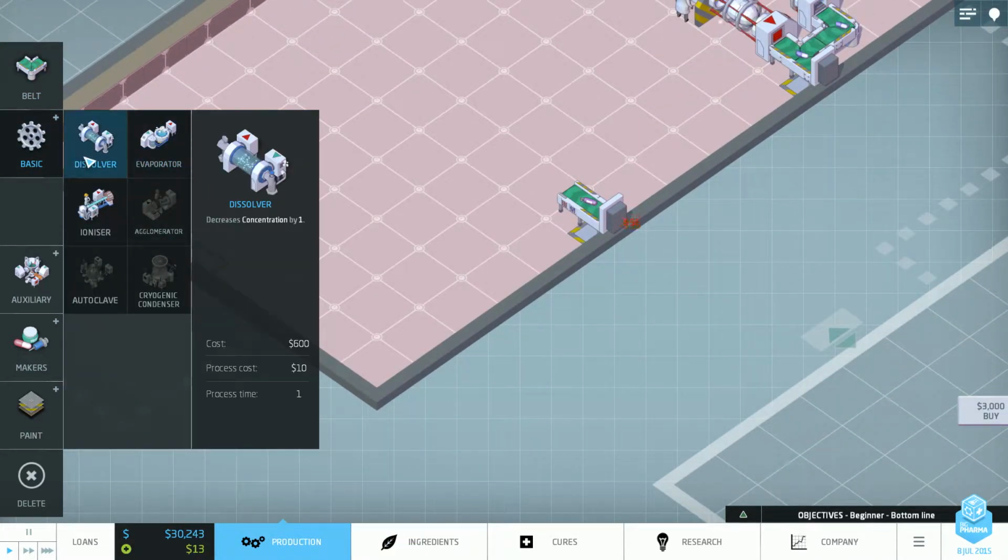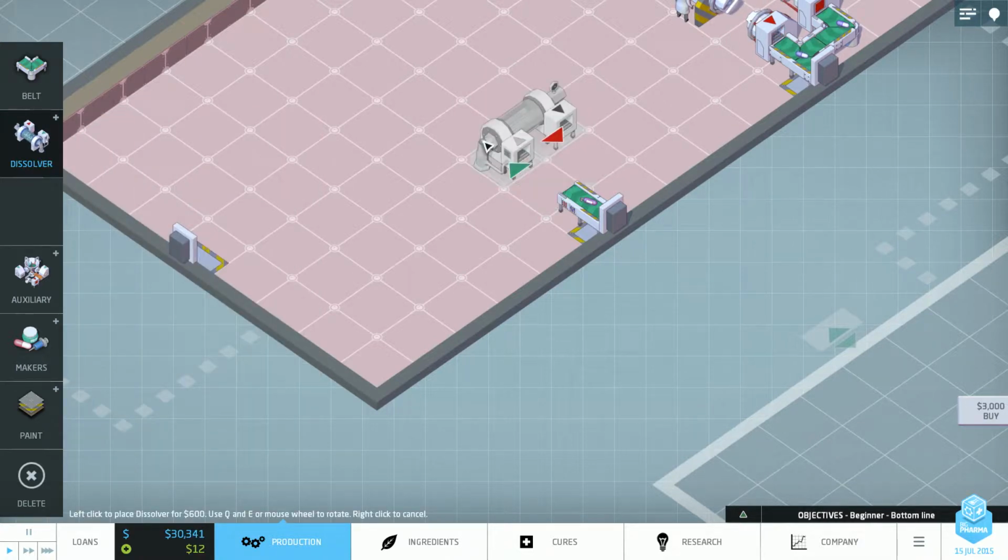Grab our basic dissolver. Now we could actually go through a single one of these, but as you can see, process cost of 10, meaning the total cost will be 20 versus a process cost of 35. Now both of them take the same amount of time. Also $1,200 bond cost versus $2,200. It's a very, very different game depending on